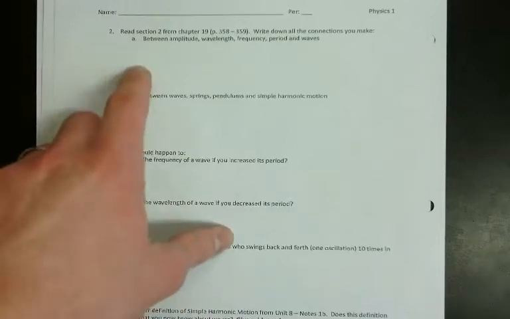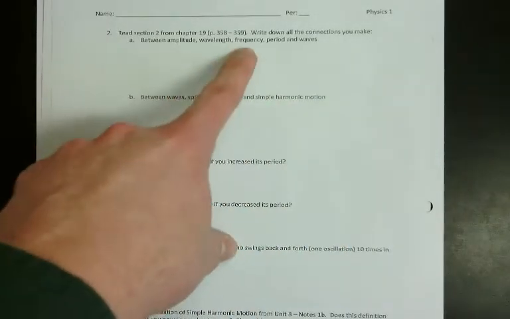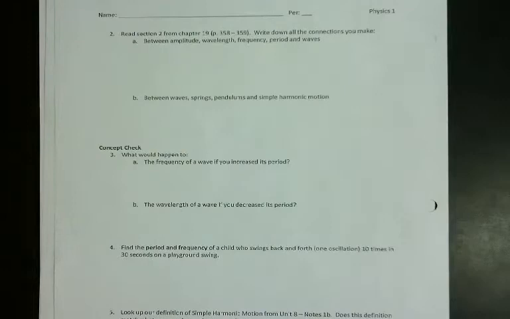Number 2 here. So it says read the section. Don't worry about that. Let's write down connections you can make between amplitude, wavelength, frequency, period, and waves. So what are just some connections we make to these? So the first connection is